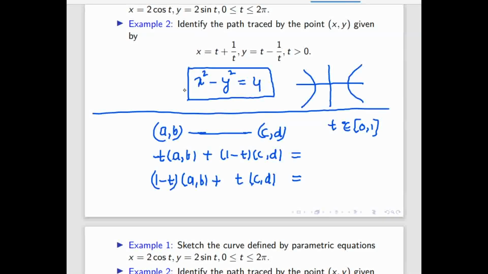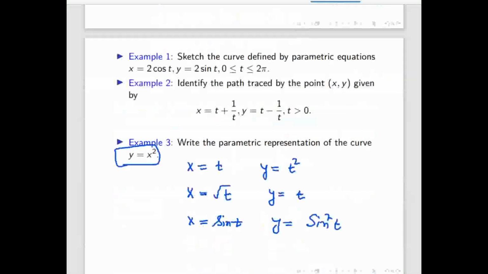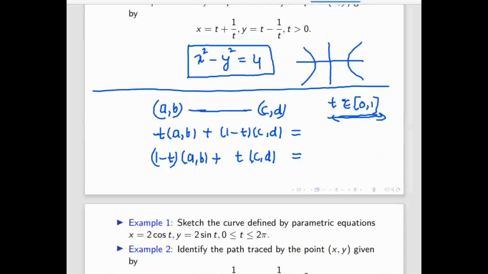So if you put t equal to 0, you will get the point CD. Yes, t I am giving. You can construct some other example. This is one parametric representation. Like the last example we have seen, lots of parametric representations are possible. So I am giving one parametric representation, and this is the easiest one and easy to construct. You can give some other also. It's not like this is the only one.